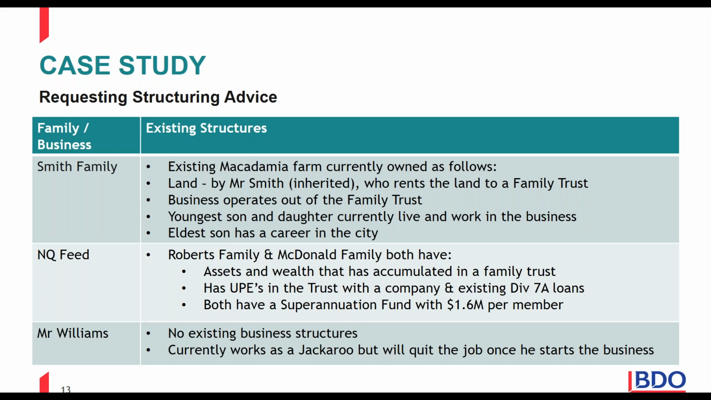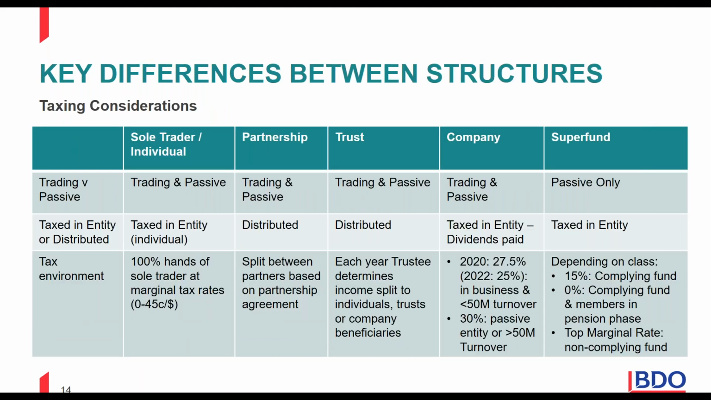With Mr. Williams, there's no existing business structures, currently works as a jackaroo. He's expecting that there'll be no off-farm income required once the business starts. So with those additional facts in mind, I'll just leap into the key differences between structures with regard to the income sorts. So I guess with regard to trading income versus passive income, the main point to draw out here